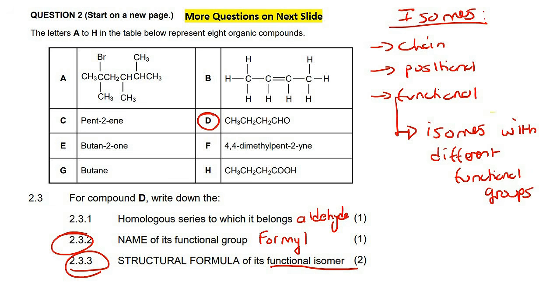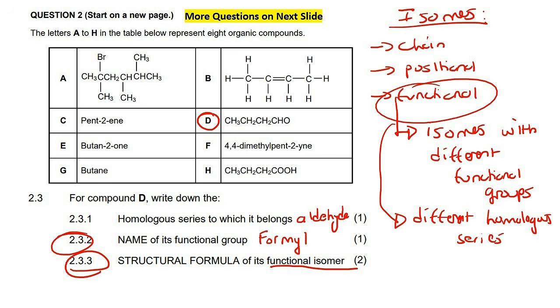Now remember, a functional group is the part of the molecule that makes it unique, like an alcohol, aldehyde, ketone, carboxylic acid, ester, alkene, alkyne. So if a molecule has a different functional group, then it's a totally different molecule. So functional isomers are different homologous series. Like the one might be an alcohol and the other one might be an alkene or an aldehyde or a